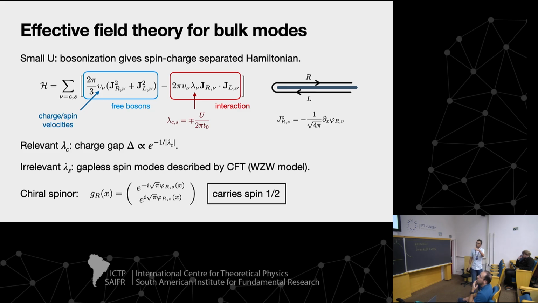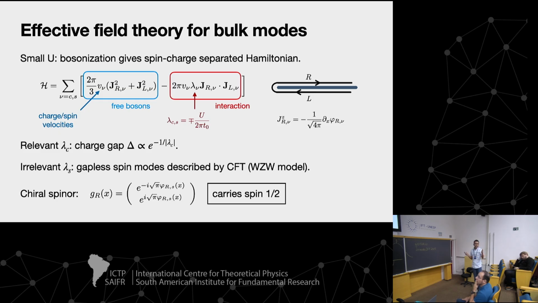So we can approach this problem coming from the weak coupling regime, very small U, using bosonization, which gives you the spin-charge separation. Here, the Hamiltonian density is written in terms of this non-abelian bosonization. So these are currents, vector current operators. Essentially, the Z component of this vector is proportional to the derivative of a bosonic field. And these bosonic fields describe the collective charge and spin modes in the 1D system that propagate either to the right or to the left.